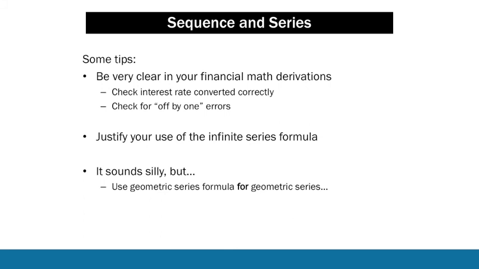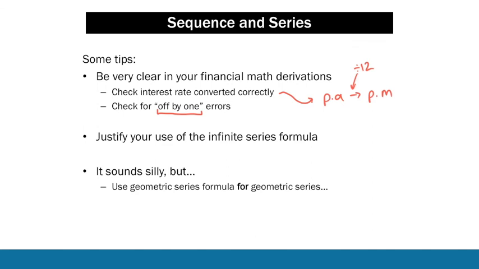A few common errors: check for those off by 1 errors with the powers. Make sure that you understand the difference between the n in the series formula and the n in your question, if there is one. Usually there is. Check that your interest rate is converted correctly. Remember, if you have a p.a. interest rate, per annum, to get it to per month, you just divide it by 12. So if you want to go from per annum to per month, divide by 12. Or it may even go the other way. Just be careful that everything is in the same sort of